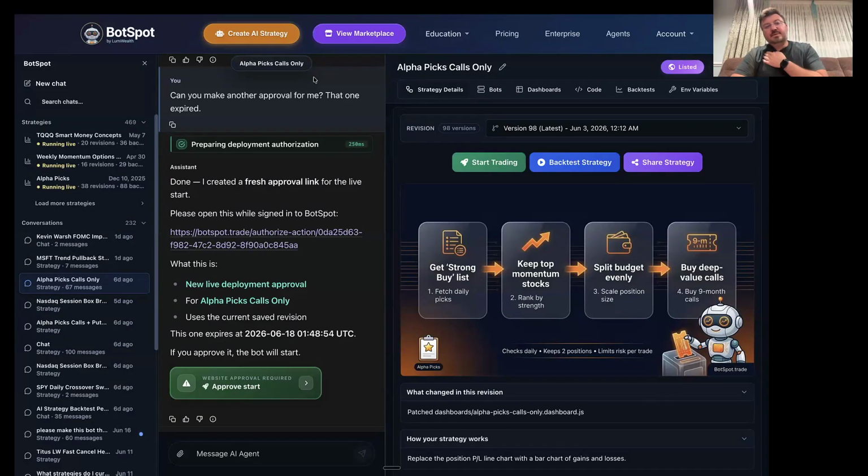Yeah, and then same thing for deployments and other things like that too. If you deploy something and something goes wrong, it will keep working to fix it, right? So it's going to have this really strong persistence to keep going until it works. And that's not just for whether the backtest is working or not. You could get it to aim for specific criteria. Like I could say, keep backtesting until we reach a 20% annual return or higher, right? It'll just keep trying, modifying this, modifying that, until it gets to that point.